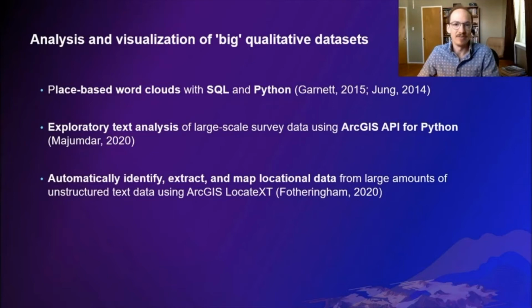Another example is using ArcGIS API for Python or similar tools to do exploratory text analysis of large-scale survey data. So open-ended text responses from a survey and being able to quickly try to identify some of the key concerns from these responses. And then lastly, using ArcGIS Locate XT to automatically identify, extract, and map locational data from large